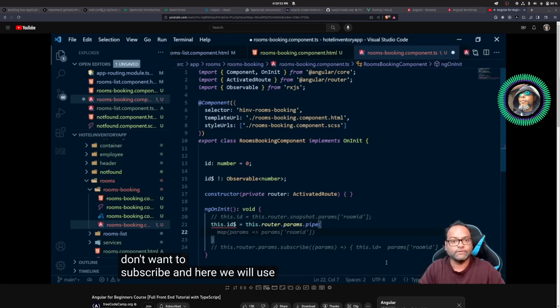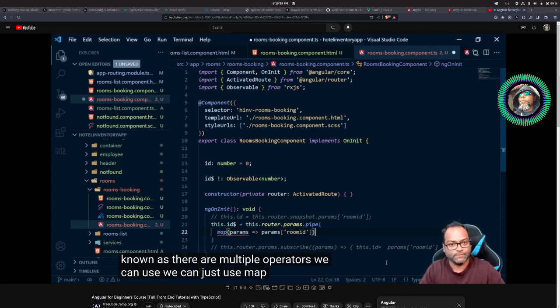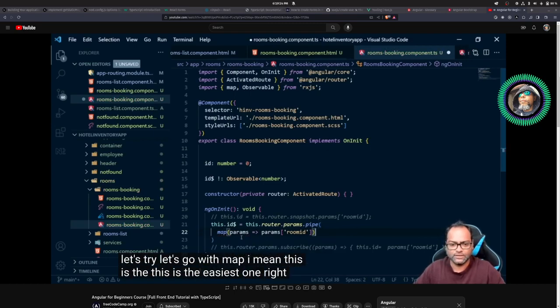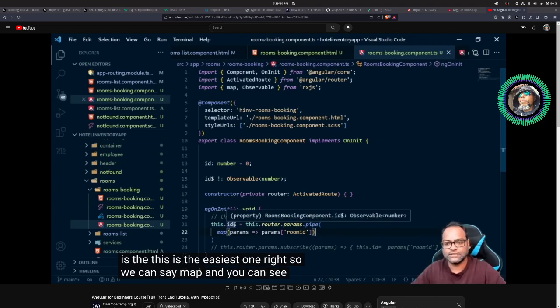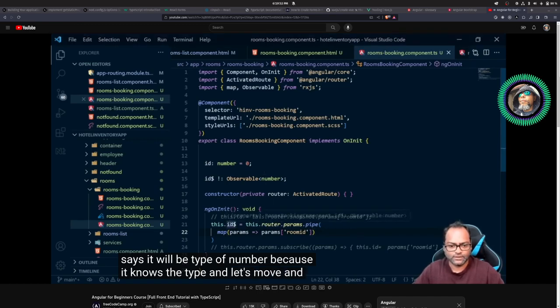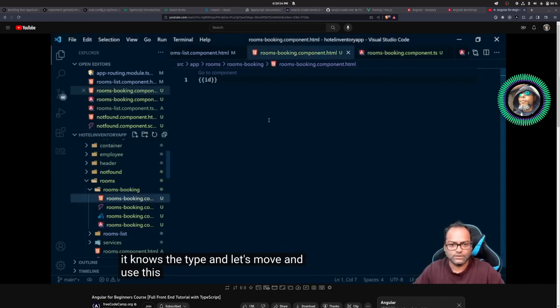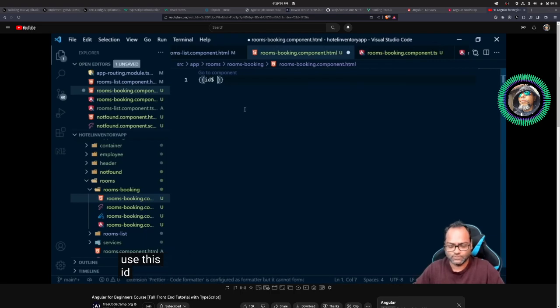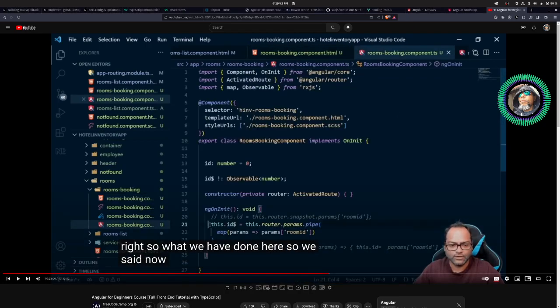And here there are multiple operators we can use. We can just use map. So let's go with map. I mean, this is the easiest one. So we can say map and you can see the ID, it says it will be type of number because it knows the type. And let's move and use this ID pipe async. So what we have done here, so we said now